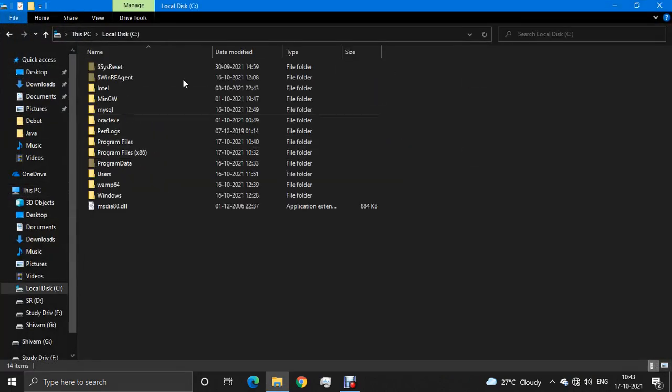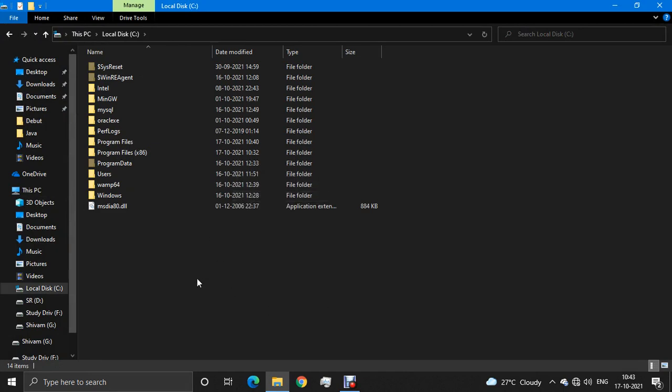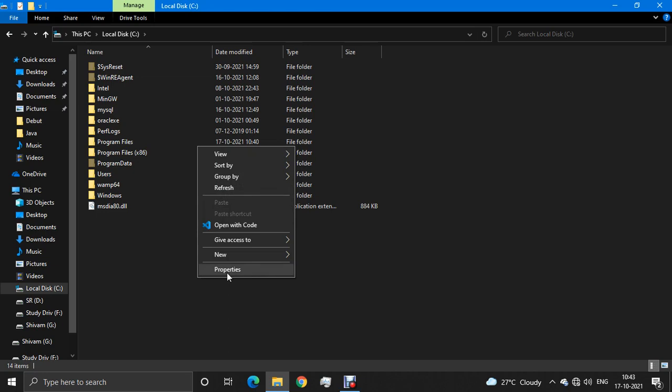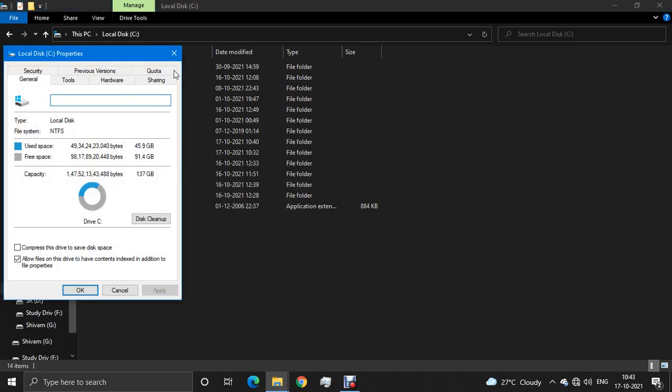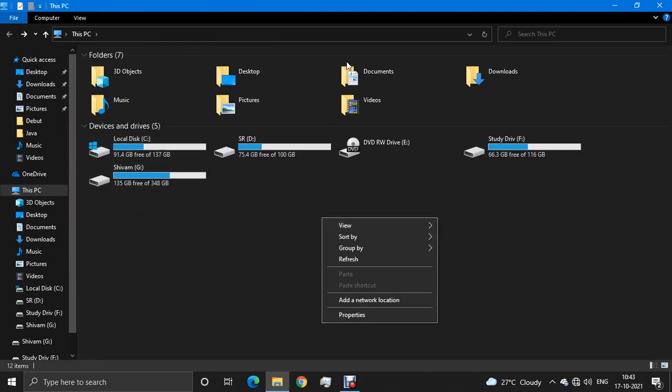Go back to drive C, and then just before drive C, in the main My Computer, right click and click on Properties.